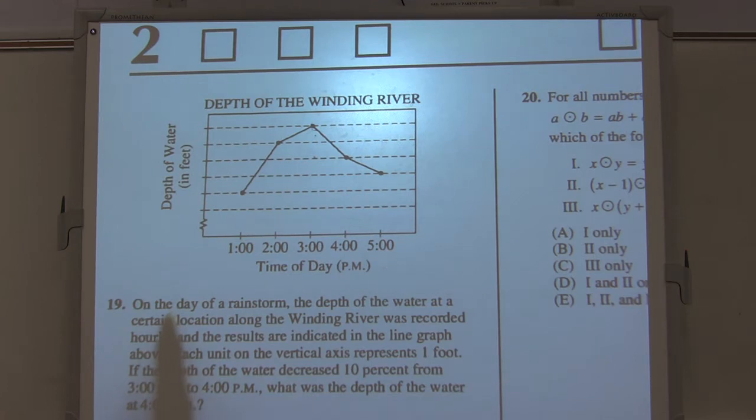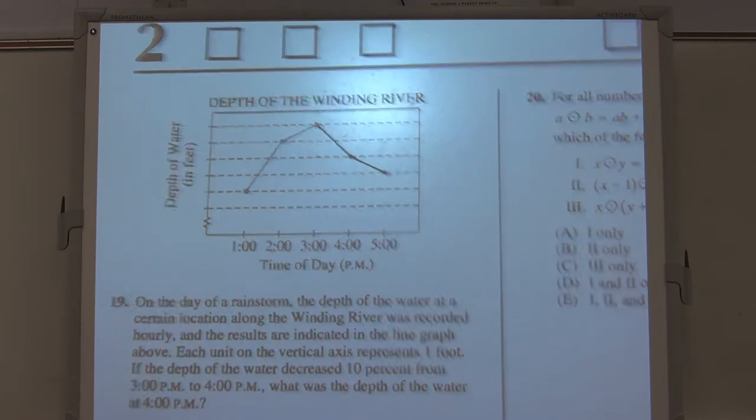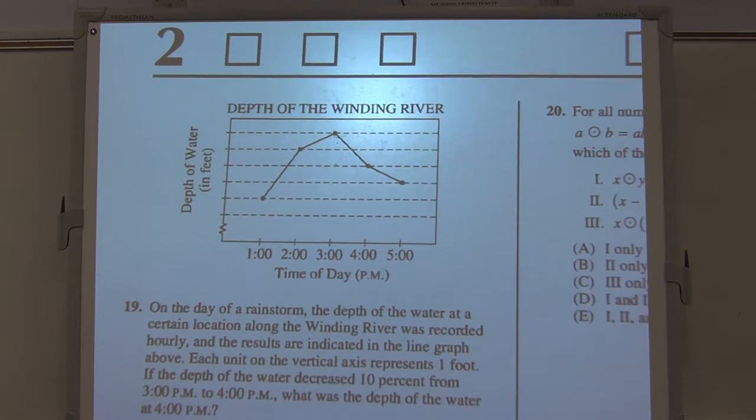Let's read. On the day of a rainstorm, the depth of the water at a certain location along the winding river was recorded hourly, and the results are indicated in the line graph above. Each unit on the vertical axis represents 1 foot. Okay, that's important, 1 foot right there. If the depth of the water decreased 10% from 3 to 4, what was the depth of the water at